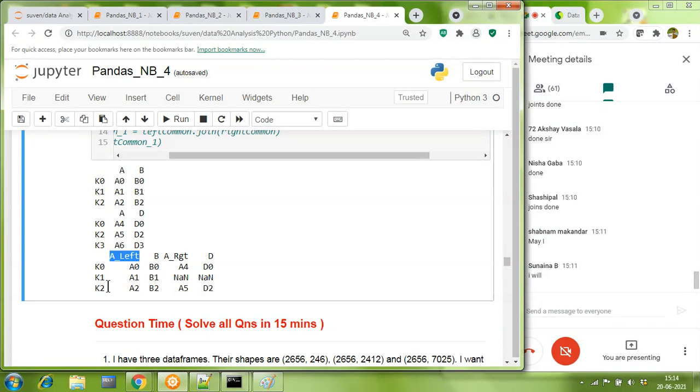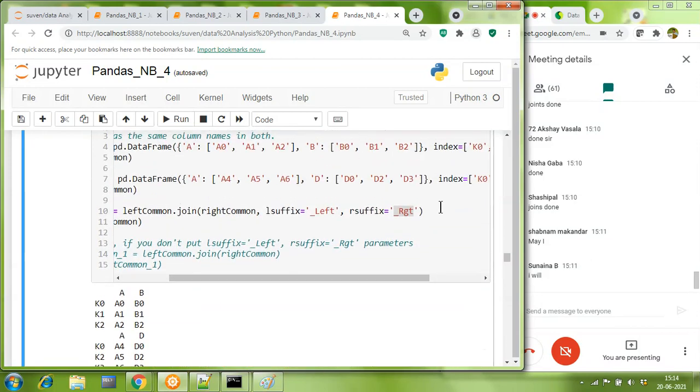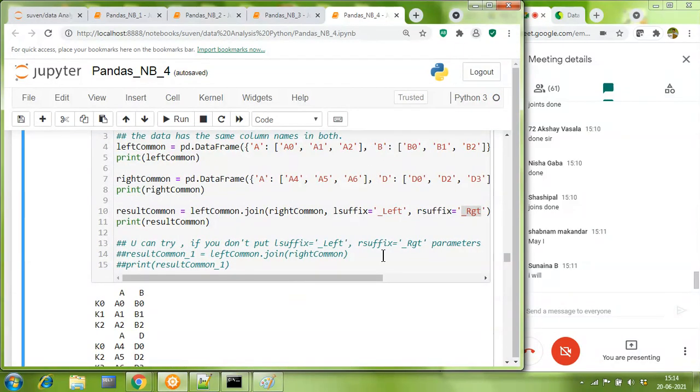Yeah, because when you're taking a join, Shabnam, you are taking it on the keys, no? K1, K2, K3. Yes. So it is immaterial what the values contained in A here and A here are, right? Yeah, very good, Shabnam. Great. So I want everyone to please execute this example of L suffix and R suffix.